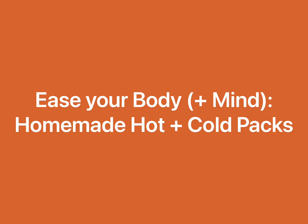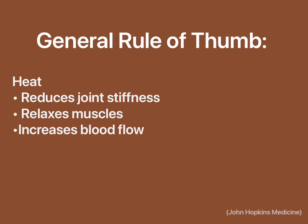I'll be showing you how to ease your body and mind with some homemade hot and cold packs, maybe if you don't have a hot and cold pack at home and you have some very simple, easy ingredients to make these things. So to start, just a general rule of thumb, usually you use heat for joint stiffness,